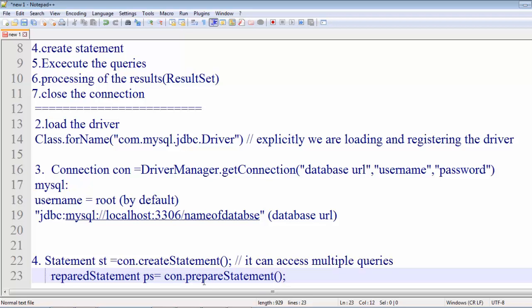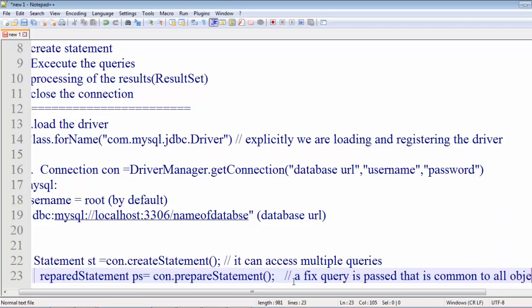Prepared statement is a type of statement in which you can pass a fixed query. A fixed query must be passed, and this query is common to all objects.